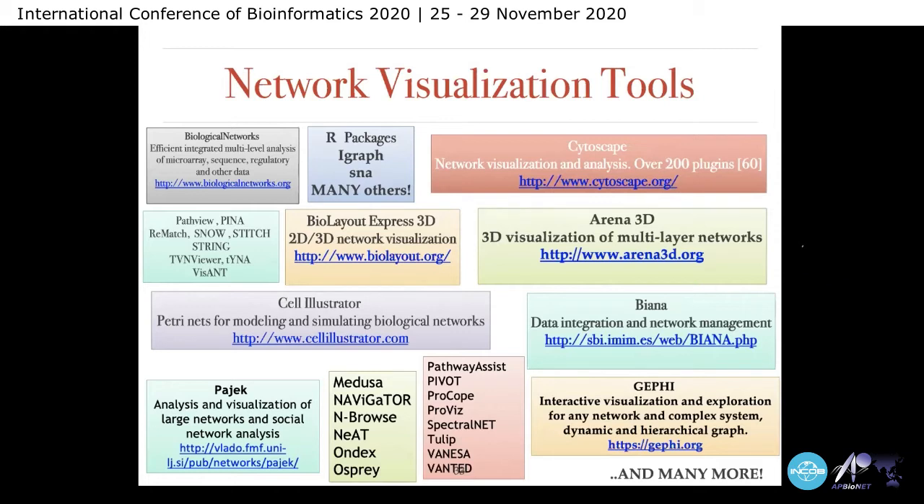But then you would also need a network visualization tool that can really grasp all of it together. So Gephi is definitely one of them. Cell Illustrator, Medusa, Navigator, NIAT, Pathway, Pivot, ProK, ProViz, PabView, Pina, and this list is not comprehensive. This is just, maybe you're looking at the tip of the iceberg, but there are more network visualization tools in